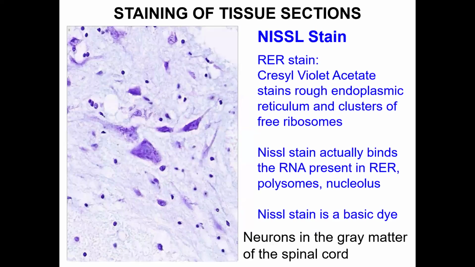Now there are other stains. I'm briefly mentioning the Nissl stain. This is used primarily in the study of the nervous system because it stains very well the large neurons. It is a blue stain, and it is actually a basic stain. It binds to negatively charged groups that are present, however, in the ribosomal ribonucleic acid, ribosomal RNA, which is part